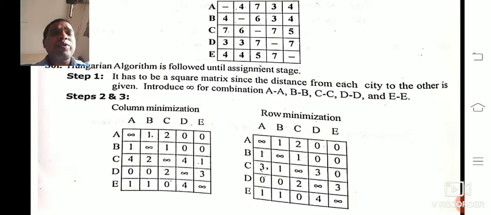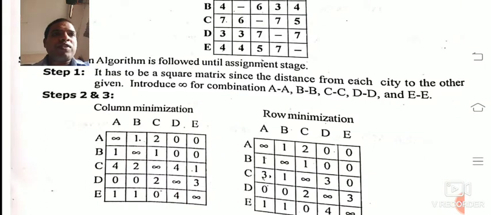Again we subtract 3 from every element, and row B becomes 1, infinity, 1, 0, 0. In row C, the minimum element is 5. We subtract 5 from the other elements, then it becomes 3, 1, infinity, 3, 0. We follow the same procedure for rows D and E. That is row minimization. So step 2 is column minimization and next row minimization.